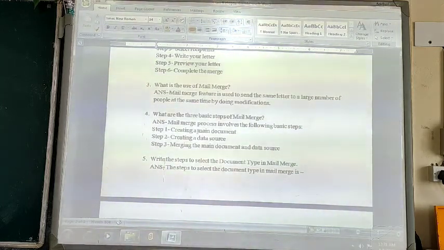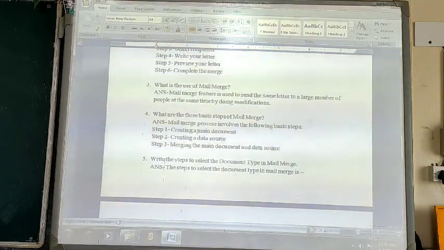You can create the same letter, then create a group of receptionists to whom you want to send the document, and then make some modifications, like the name of the receptionist will be different for each letter, the address of the receptionist will be different for each letter. You can send the same letter to a large number of people at the same time. This is the use of the mail merge feature.